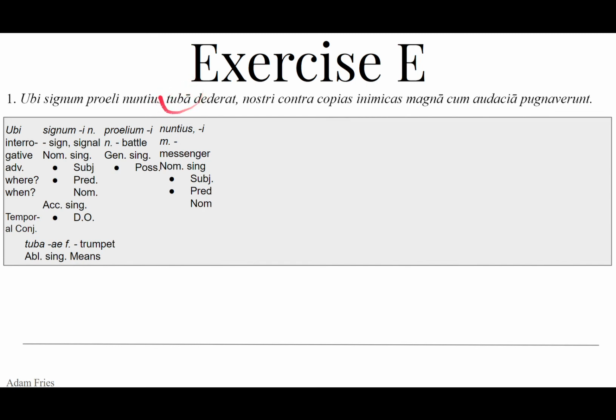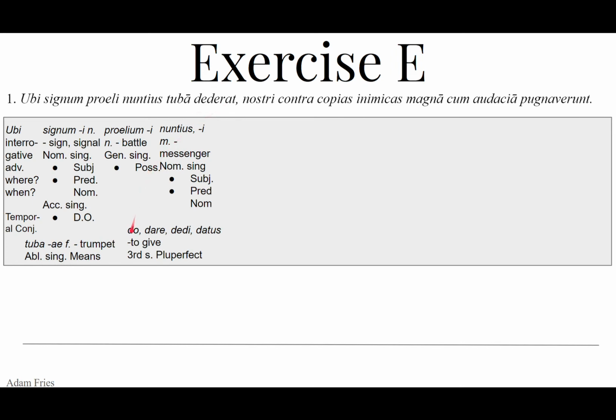So this is going to be the ablative of means because there's no preposition. Not a preposition in sight. It's just the noun tuba in the ablative just by itself. Tuba, by means of. So the subject is going to do some action of the verb to the signal of battle, and he's going to do that action by means of, with help of, by the use of a trumpet. By this point, you can kind of guess what's going to happen. Hopefully, maybe. Anticipatory parsing is a good thing, guessing what's about to happen.